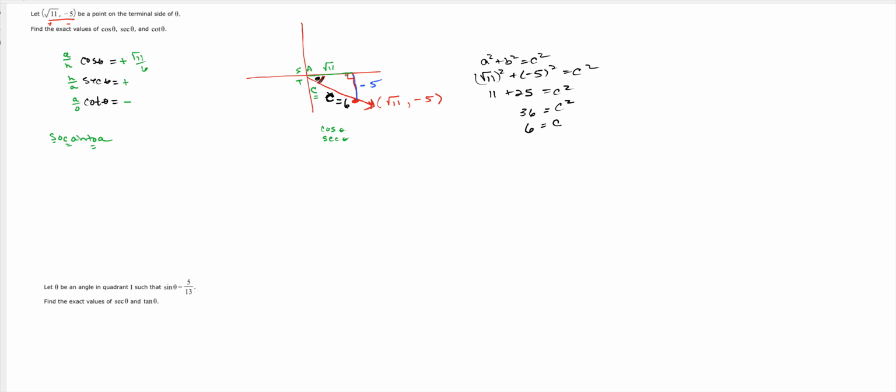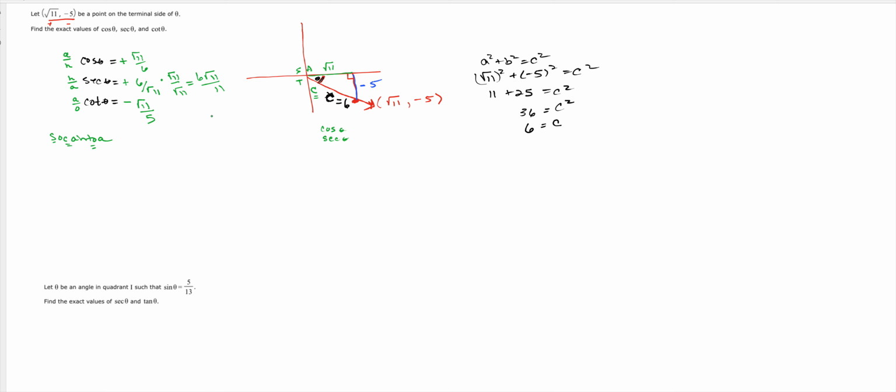For secant theta, it's really the reciprocal of this. So 6 over the square root of 11. Your teacher will probably want you to rationalize that, so we would multiply top and bottom by the square root of 11, which gives us 6 square root 11 over 11. And then cotangent, that's adjacent over opposite. So that would be the square root of 11 over